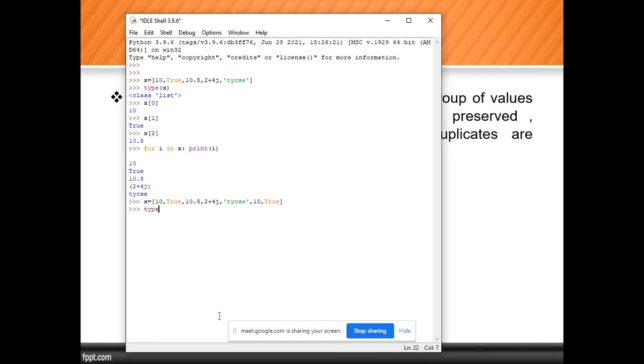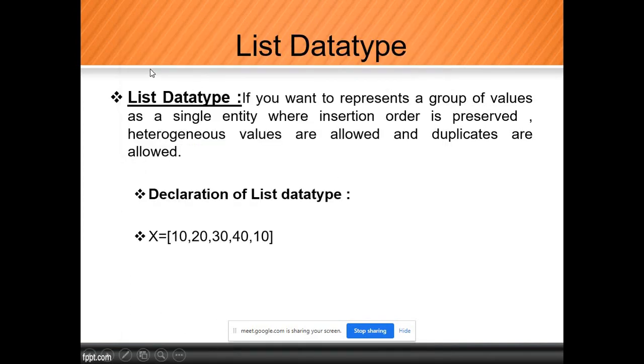Yes, type of x is just list, that means it's allowed. So it solves the definition. All the definitions I mentioned are solved. If you want to represent a group of values as a single entity where insertion order is preserved, yes. Heterogeneous values are allowed, yes. And duplicates are allowed, yes. If all the conditions are satisfied, then we can say that it is a list data type.